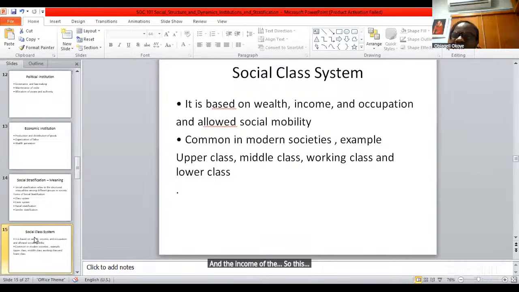And this is also a form of stratification, because this income has helped various categories to belong to the same society. And then society is divided into upper and lower class. So, classes are based